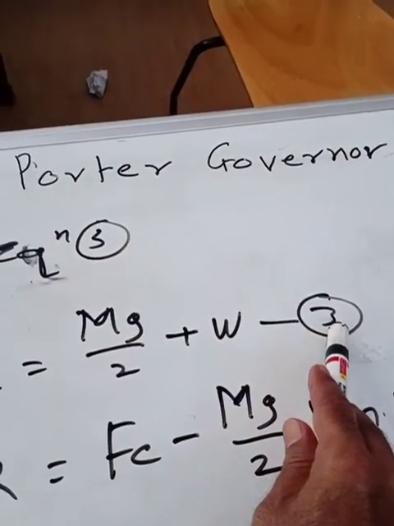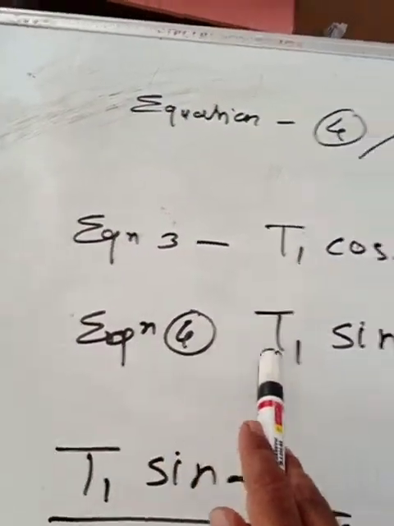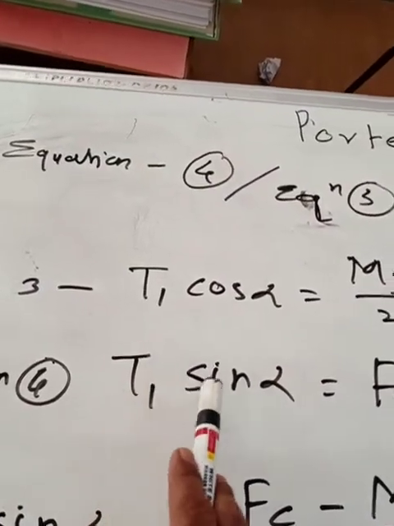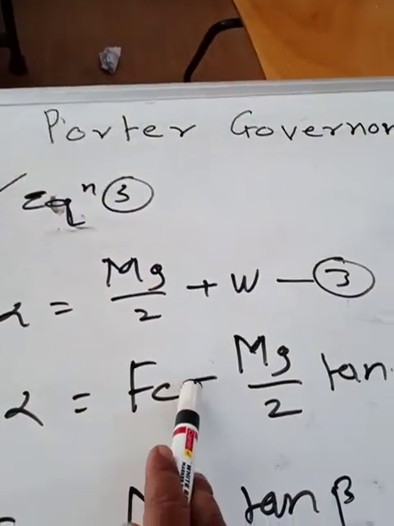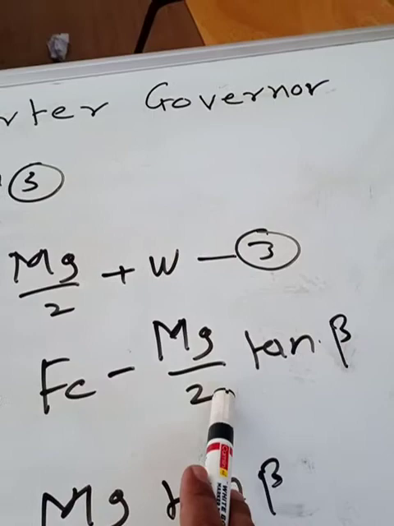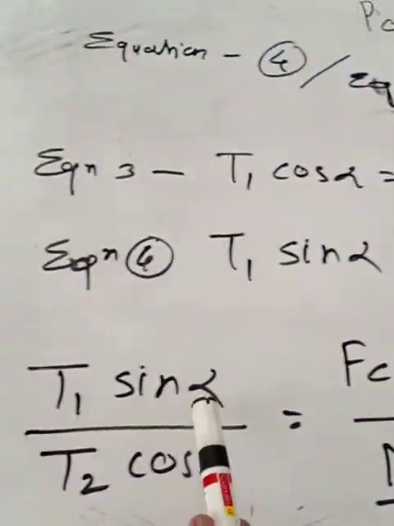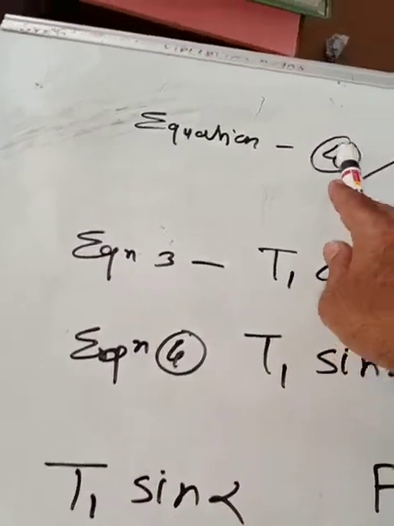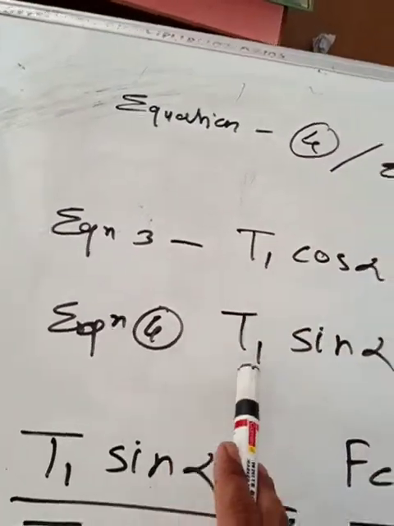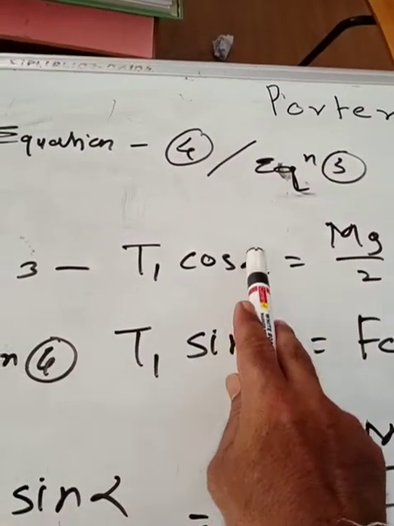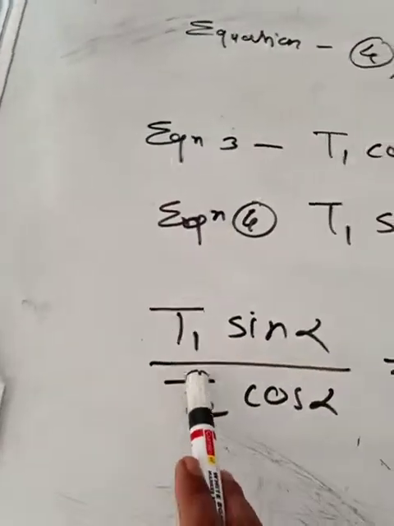This was our equation number 3. And equation number 4 was T1 sin alpha is equal to Fc minus mg divided by 2 tan of beta. Just now we have calculated it. Now we are going to take equation number 4 divided by equation number 3, that is this equation divided by this equation. So it will be T1